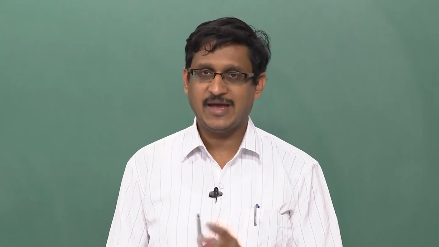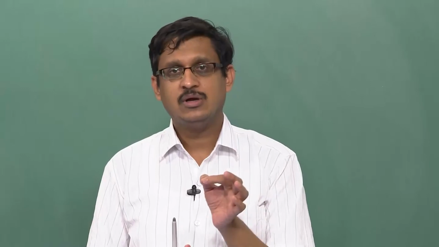So we substitute this as L dIL by dt plus Z0 IL. Of course these are all functions of time. I don't have to specify small l which denotes the load here because this capital L itself is denoting the load. So this must be equal to V0 U of t minus Td. This problem is very well known to you. This is actually a step response of an RL circuit, right. So a step response of an RL circuit, except that the step is applied at t equal to Td.